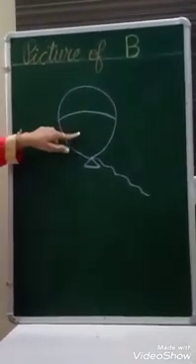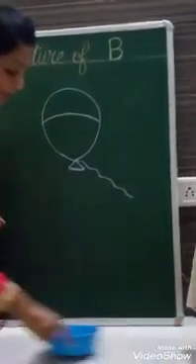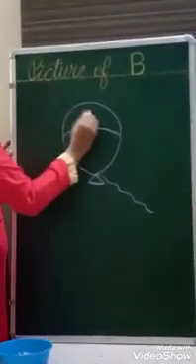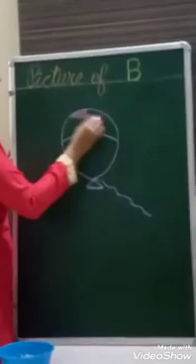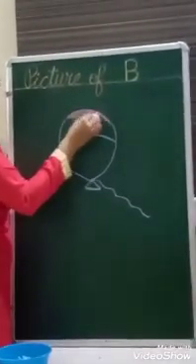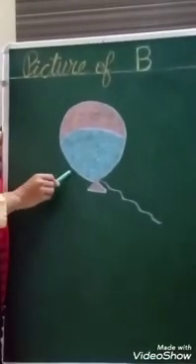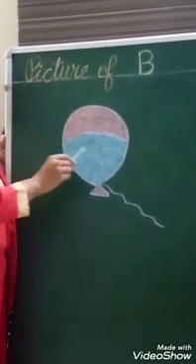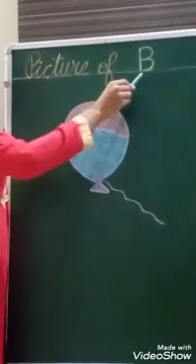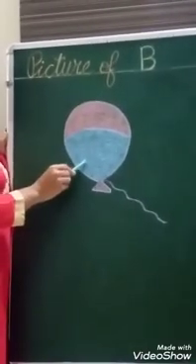Now, we can do any of your favorite color in balloon. Okay? You can do any color in balloon. So, like I am using pink color. First of all, we will use pink color like this. We will do the coloring. Like this, you will do the colors in the picture of alphabet B. That is balloon. B for balloon. My dear students, you have to do dark coloring.